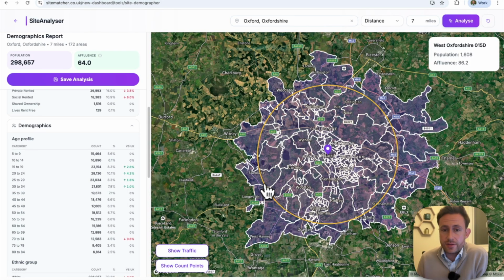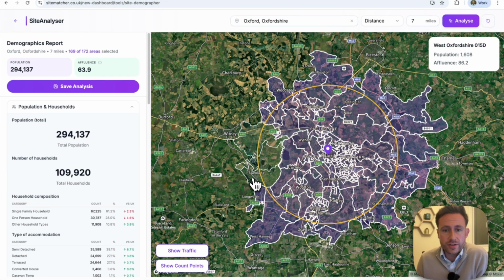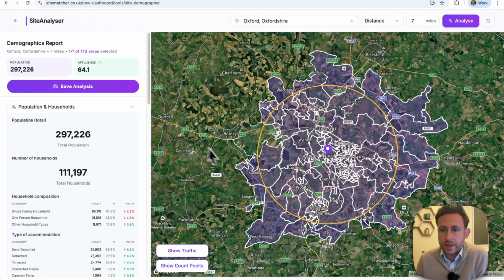On the map, you'll see the orange line here represents a 7-mile radius. The data itself is grouped, as you can see, into these little areas, which represent how the Office for National Statistics groups census data. If you hover over each one, you can see in the top right, there is population and affluence data for individual areas. Click on any of these areas, and you can see it'll add or remove it from your total calculation here